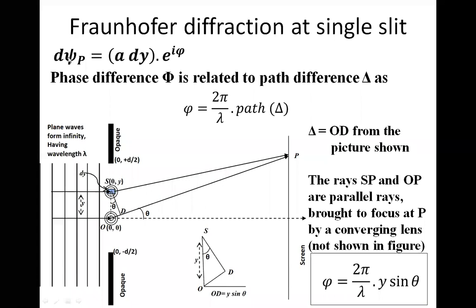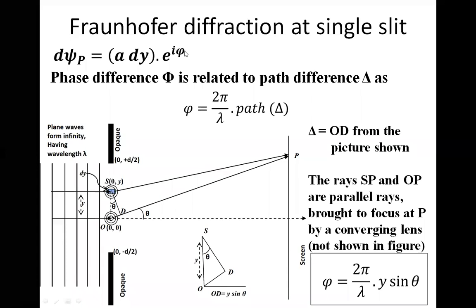Psi is some Greek letter. If you dislike, you may call it Z also. As I have already used Y for the Y direction, that's why I am not using XY. I am using psi only for that reason. It is some function. If you dislike, you may use F, dF P. Why am I using d? Because it's infinitesimal. Ultimately, if you integrate over the entire range, it is going to give you the F, or the psi, right? So this d psi P is the infinitesimal disturbance caused by a spherical wavelet coming from point S, right? So that disturbance I have written as A dy e power i phi.